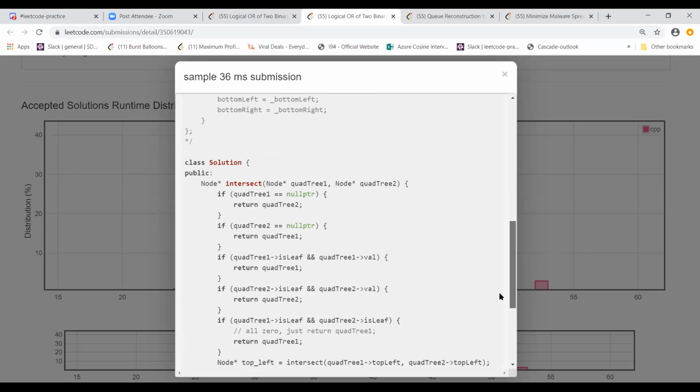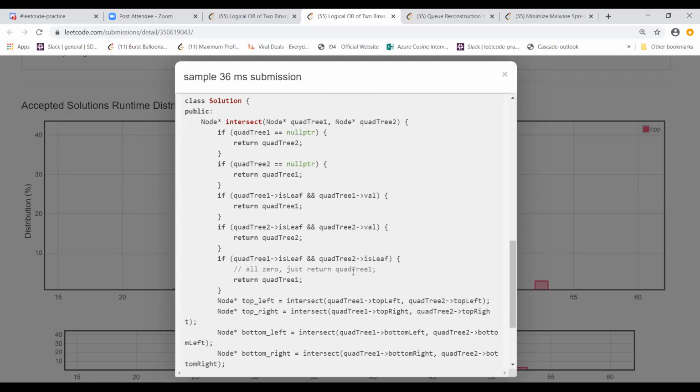So in one of the quadtrees, you will return now because it's already a leaf, but the other one is not a leaf, right? You have to go down. Oh, actually, wait, sorry. I think is a leaf and is equal to null pointer is a different case. So if it's a leaf, then you have to check if it's all ones. Quadtree 1 value, that means every element in that quadtree is a 1. So then you return the quadtree.